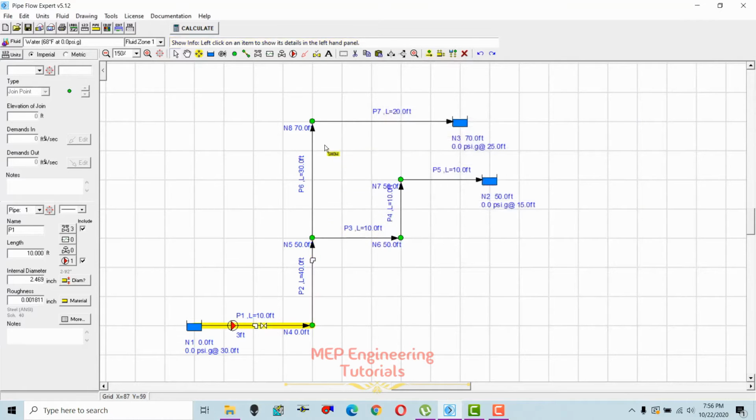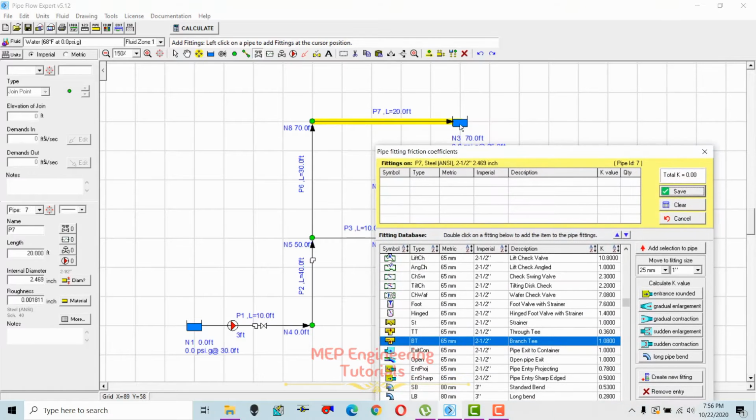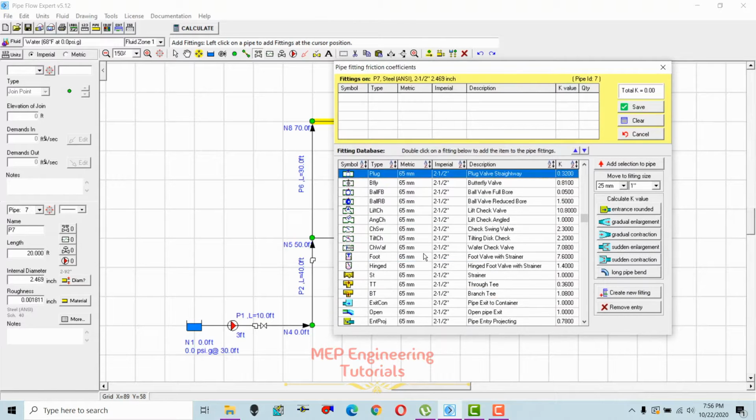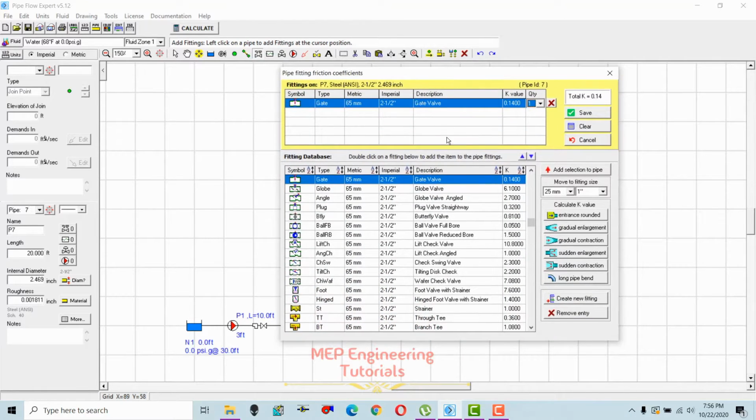Then again, there is no fitting here, so I'm gonna add some fittings here also. So just select the add fittings, select the pipe segment. Here I'm gonna add one gate valve here. 2.5 inch gate valve. So just select 2.5 inch gate valve, add to the pipe, and there's one more fitting which I'm gonna add